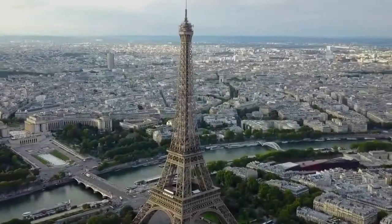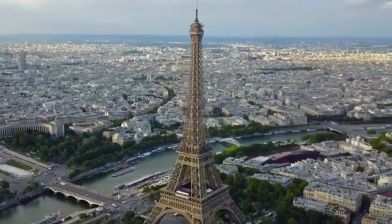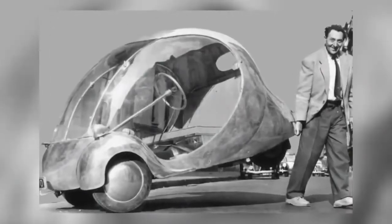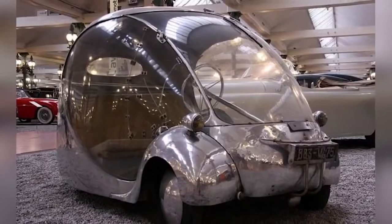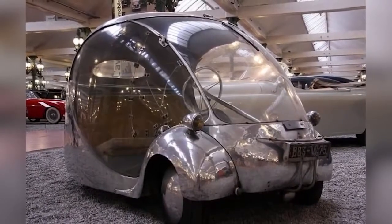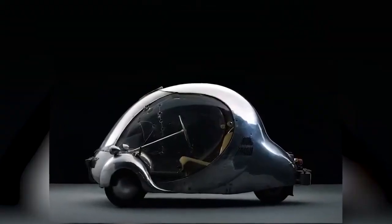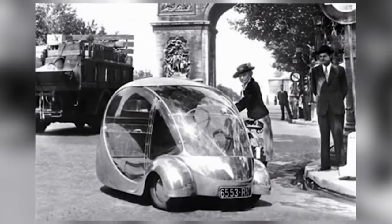How's your French? If it isn't too bad, you'll already know that Louf translates into English as the egg. One look at this concept car tells you why designer Paul Arzens named it Louf. If it was any more egg-shaped, you'd have to put it in a cup. As well as being a stylish car, it was light years ahead of its time. This is an electric car that was running on the streets of Paris in 1942, and one that was born